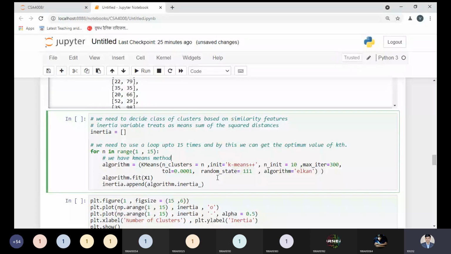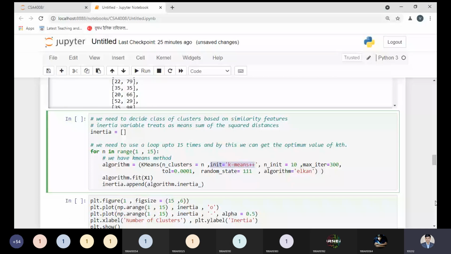Let us explain this method once again. In this method, we need to pass the number of clusters. It will start from 1 to 15, and will continue from 1 to 15. And for the initial values I'm choosing k-means++. So what is k-means++? Let me explain over here, then you can understand. K-means++ basically decides the initial values, that is the cluster centers, for k-means clustering in a smart way to speed up the convergence.